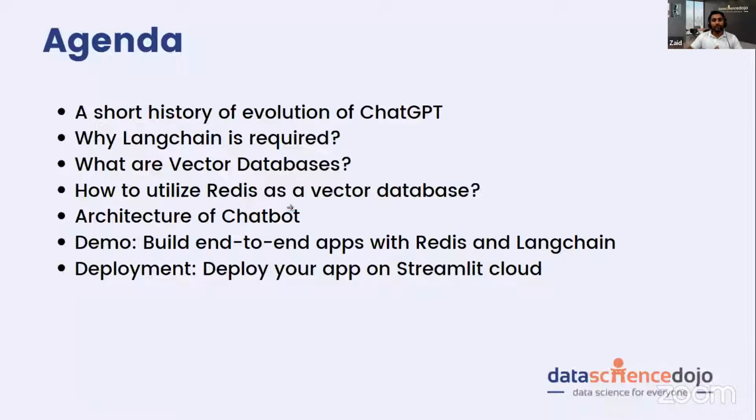All right. So first of all, we will talk about a short history of evolution of ChatGPT, and then we will learn why Langchain is required and what are vector databases and how to utilize Redis as a vector database. I know all these things are buzzwords. You don't have to get overwhelmed. We'll be going into the details about everything that I have written in the agenda, so you don't have to